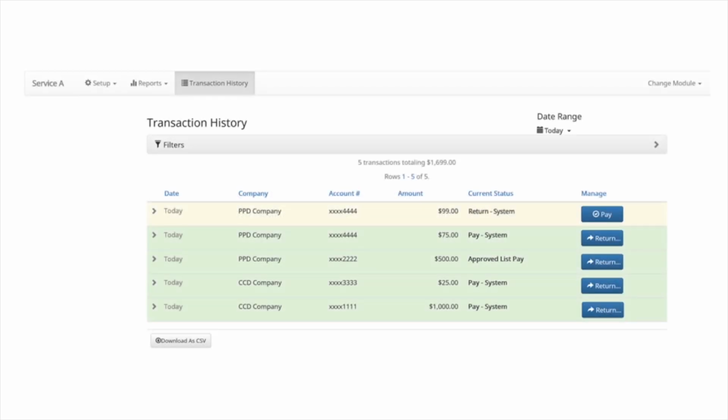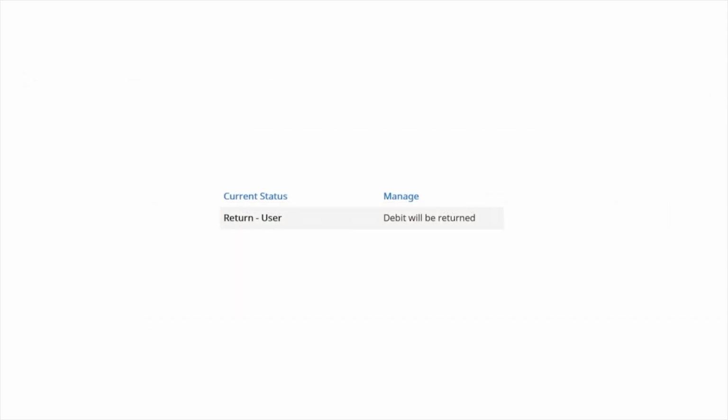To return a transaction currently set to pay, click the Return button. If no other information is required, the current status will change to Return User, and a message will briefly appear in the Manage column. The debit will be returned. The message will disappear after a few seconds, and a Pay button will be displayed. It's important to note that a transaction in a return status when the end-of-day cutoff time passes will no longer